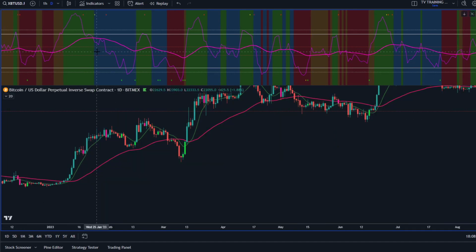So there will be a yellow line in the middle that will represent the 50 level. Now, if full vibration is above 50, generally it means there is bullish, especially rising, there is bullish momentum. Okay, remember, these are all just tidbits that we're going to utilize in about 10 to 15 minutes. If full vibration is below the 50 level and falling, then there is typically a significant drop in momentum or accelerating momentum to the downside.